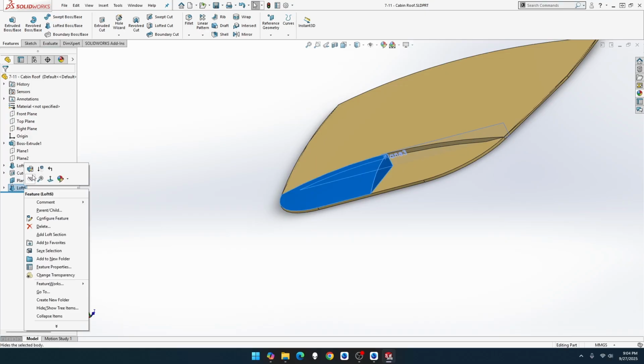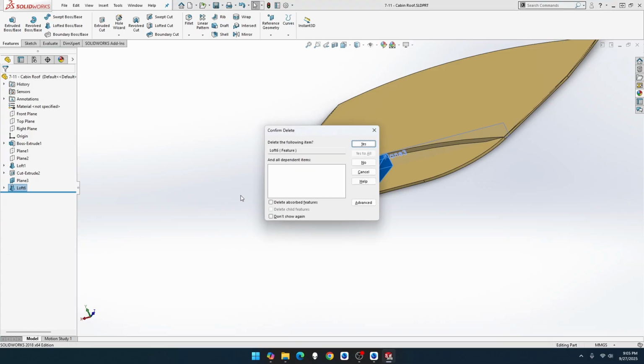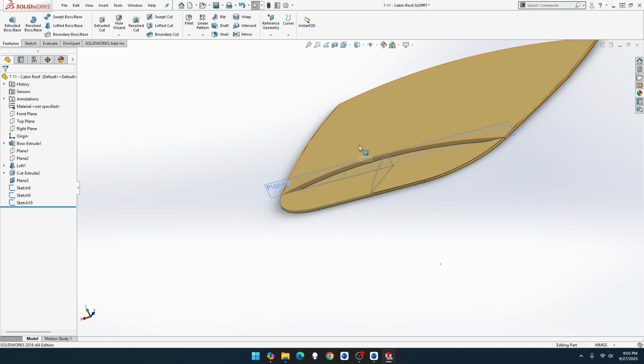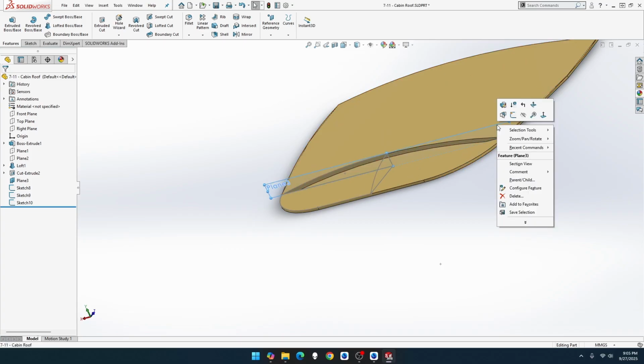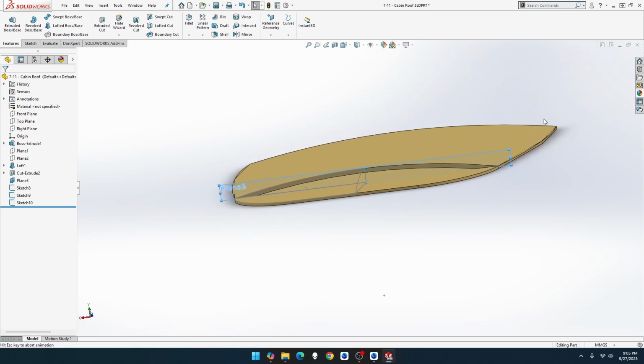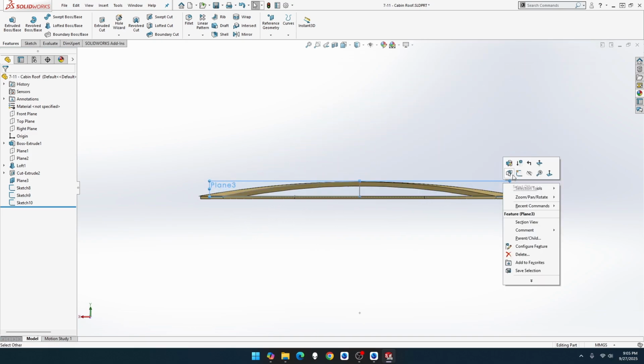Let me delete that one. Delete. Yes. I'm going to leave that one. I'm not going to take it out, but on this plane, let me go to normal, sketch,